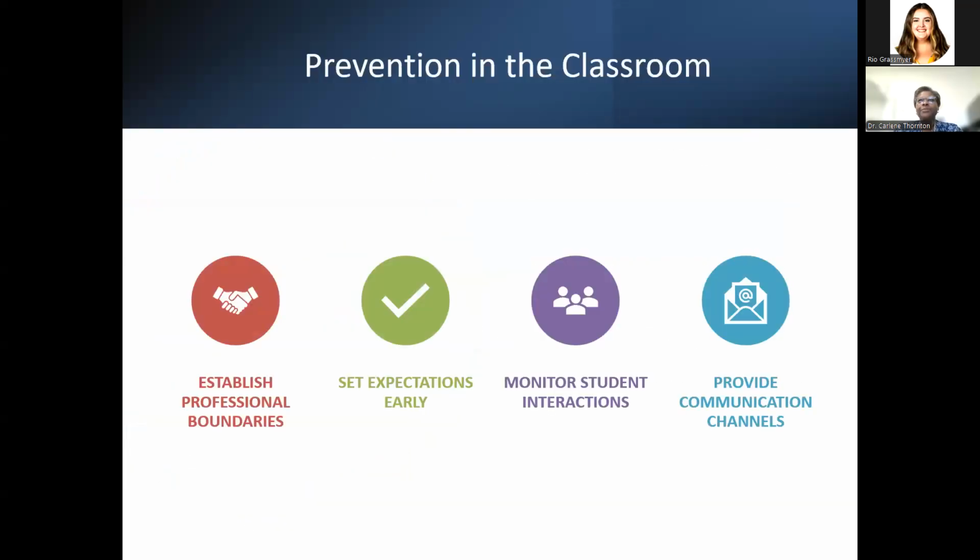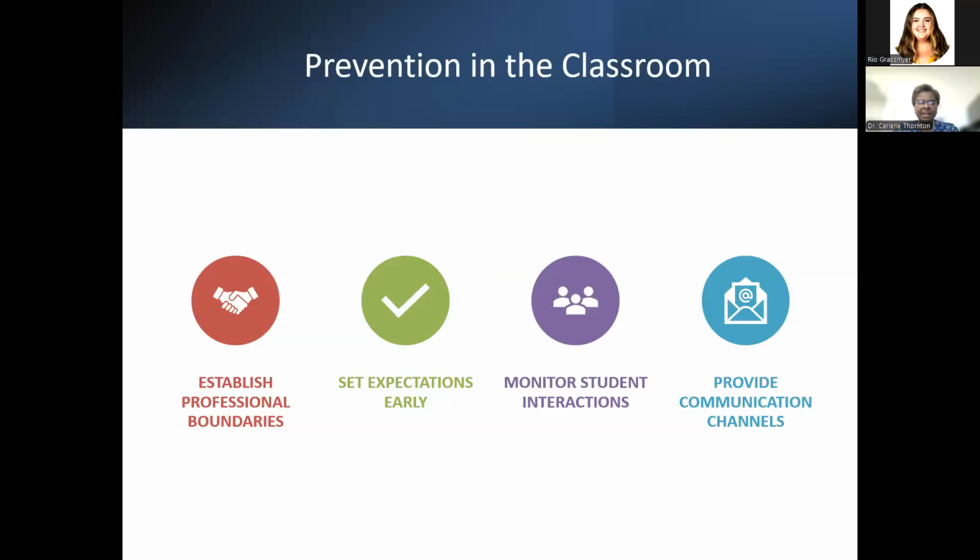So, how do we prevent that predatory behavior in the classroom? We have to have that open, positive communication. Those channels of communication, we have to let our students know that they can come and talk to us, and we listen to what they have to say. We're not judging them, we're not accusing them. We are listening. We have to let our educators know, you can't go out drinking with your students. Even if you were buddies with them before, you still have to maintain those professional boundaries, even with the language and tone we use in the classroom.